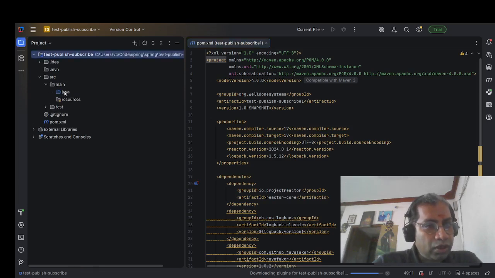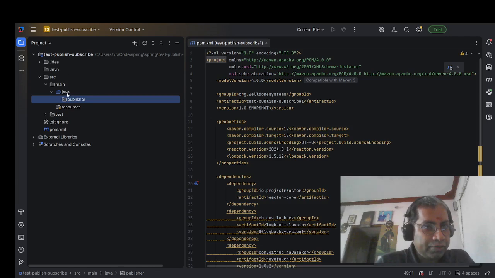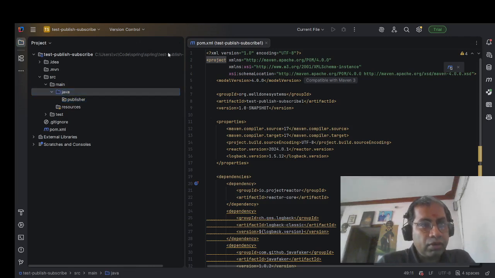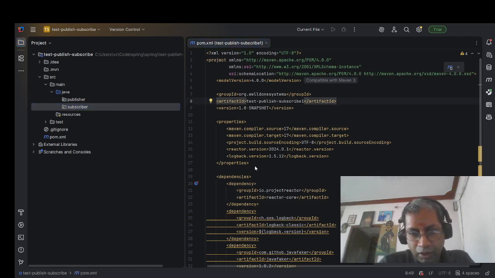Now, under source main Java, I'm going to create two packages. One is the publisher package, and the subscriber package. Just to make sure that I'm syncing the project with Maven, after I copy the pom.xml,